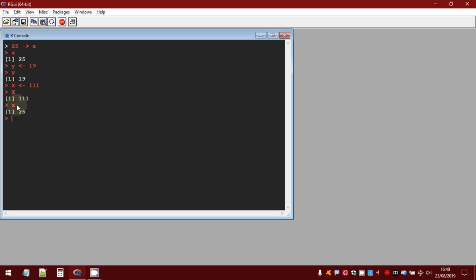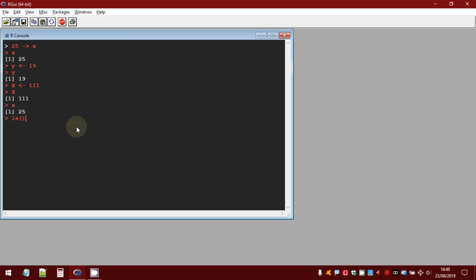So if you press X, you can see that this value has not overwritten the value 25. If you want to display the list of variables you have defined in your workspace, just type ls with